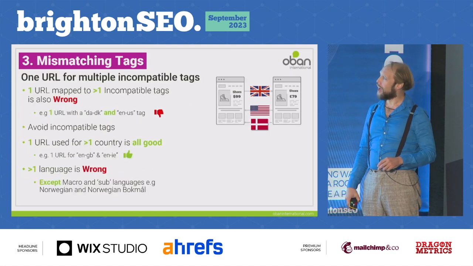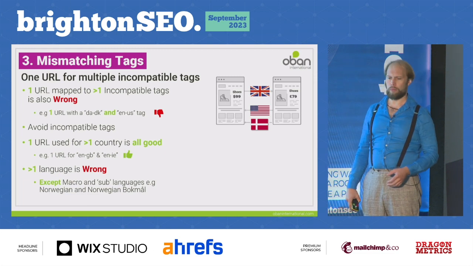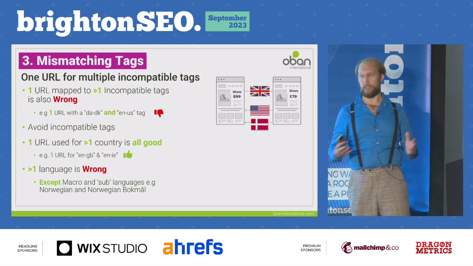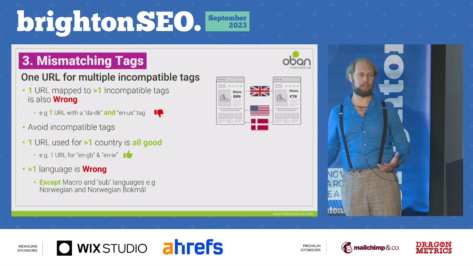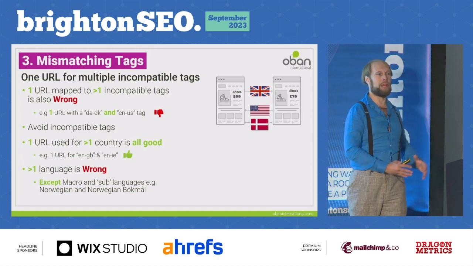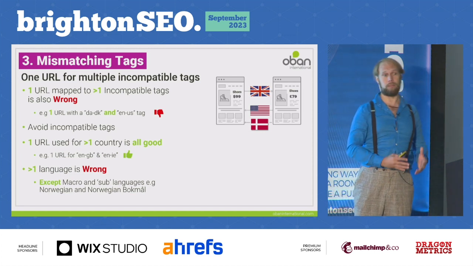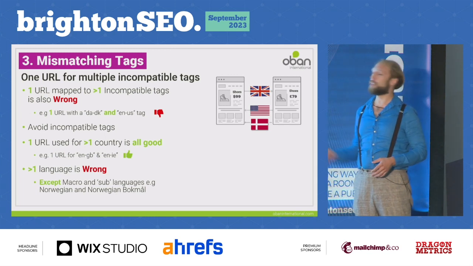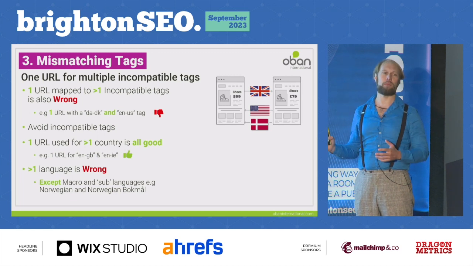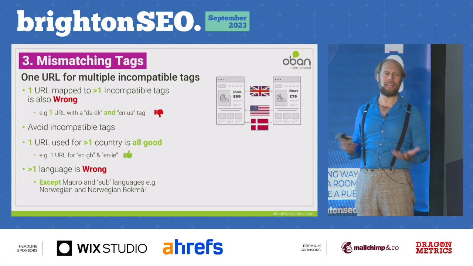And then we also have maybe sort of the opposite problem, which is where you have multiple tags, and as we've said, multiple tags are fine, but not multiple incompatible tags. So you could have, this page is the English global page, it's also English for the UK, and it's also English for Ireland. That's absolutely fine. What you can't do is say, yep, that's the English US page, and it's the Danish page for Denmark. Google's going to be like, no, you can't, because it's one language or the other. You've got to